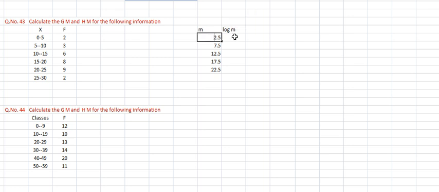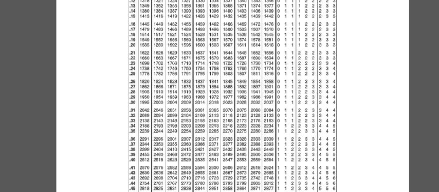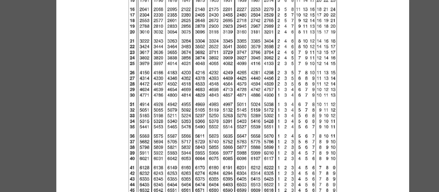Integer means 2 is an integer. 0 plus 2 means 1 place. 1 place minus 1 is 0. Then you have to find 2.5, means 25 now. So you have to check the table like this. 2.5 means you have to check 250. Don't think that the point is there. So 250 you have to find. 2.5 means 25, and 250 is 3979.